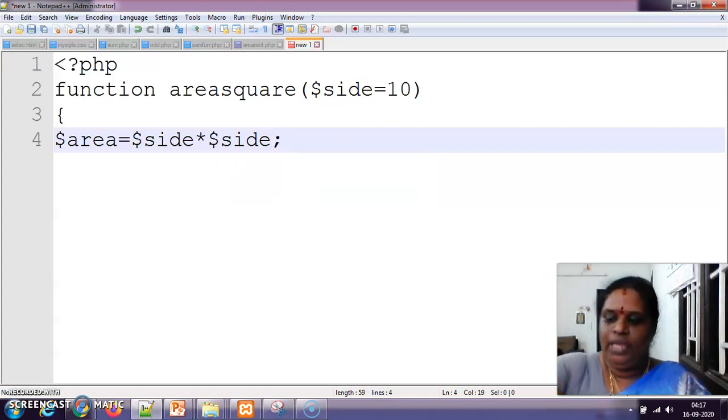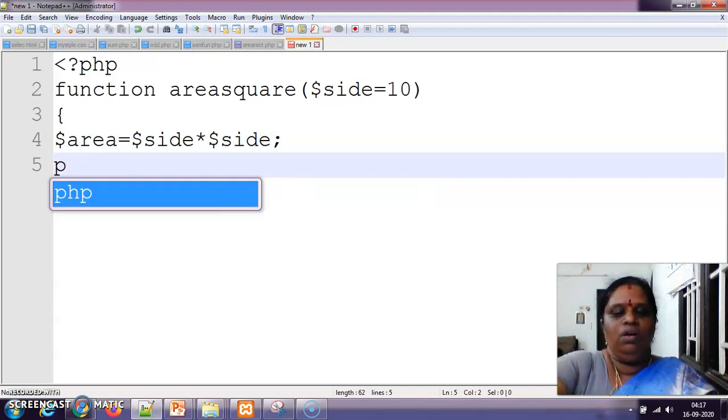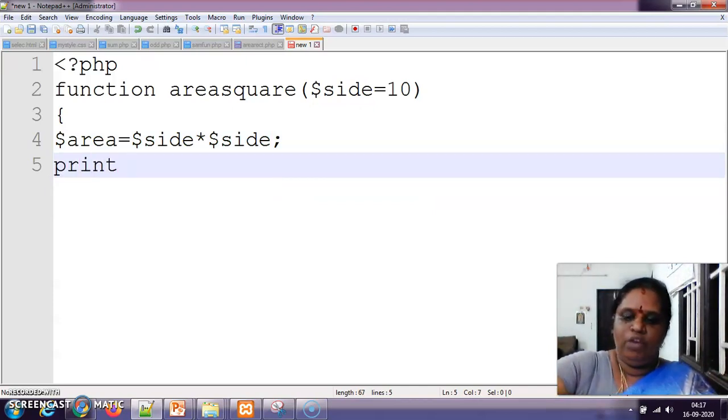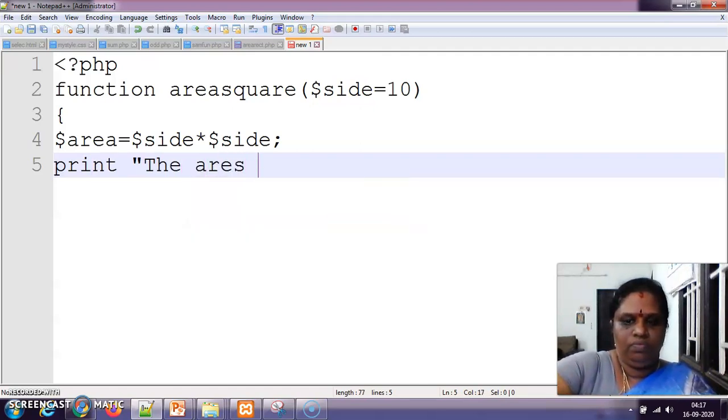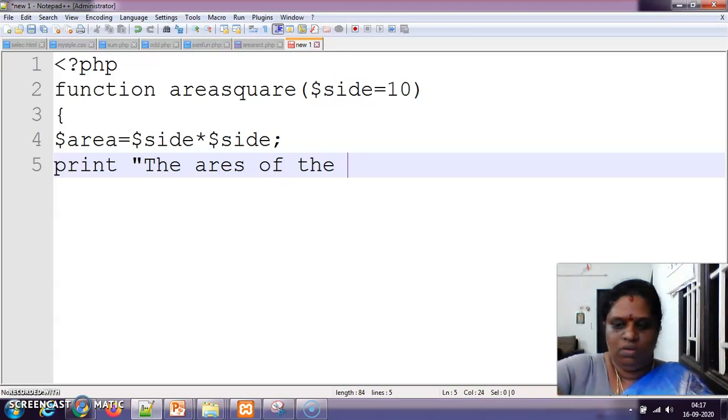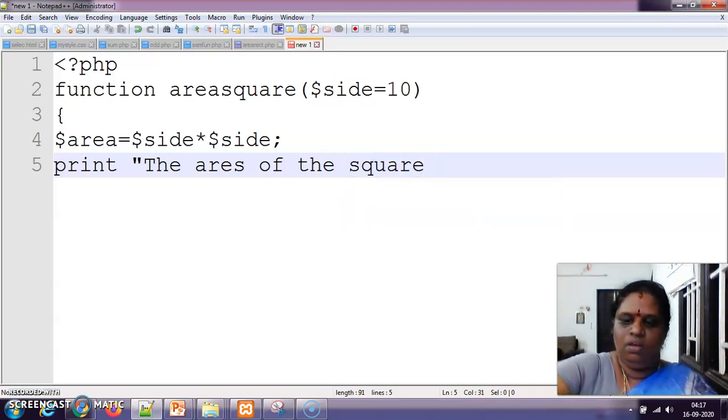Semicolon. You should not forget the semicolon. Okay, children. The area of the square is area.